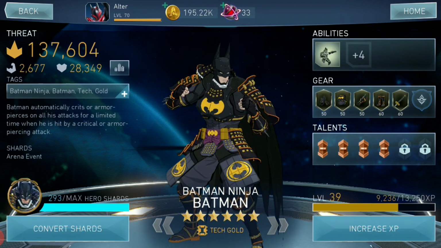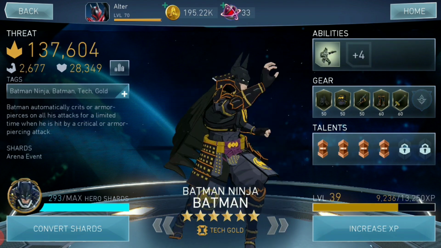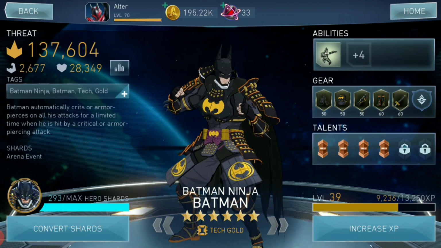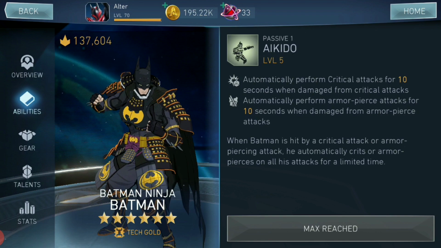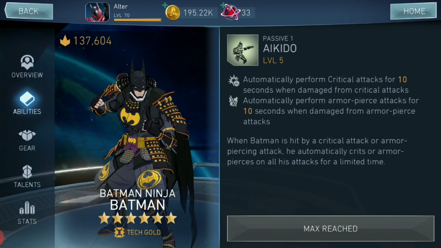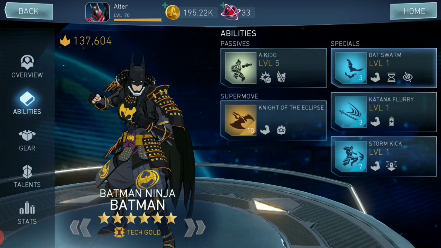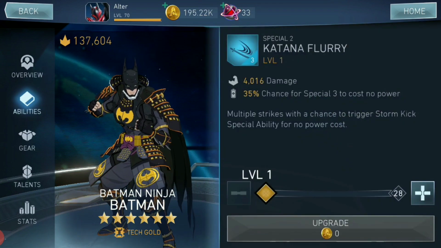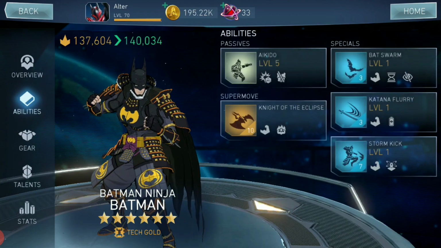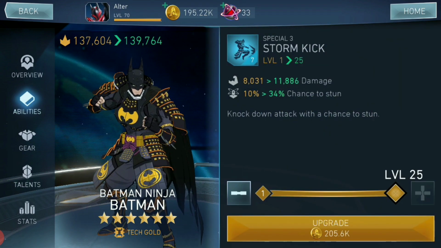Number 4. Batman Ninja Batman. Batman Ninja Batman certainly has a very interesting passive, which is that whenever he gets hit by critical attack hits or armor piercing hits, he himself will automatically perform critical attack hits or armor piercing hits for 10 seconds. Now, I'm not a huge fan of this passive just because it requires him to actually take damage, and when it comes to allowing yourself to get hit by critical attack hits, that can be kind of dangerous, especially in